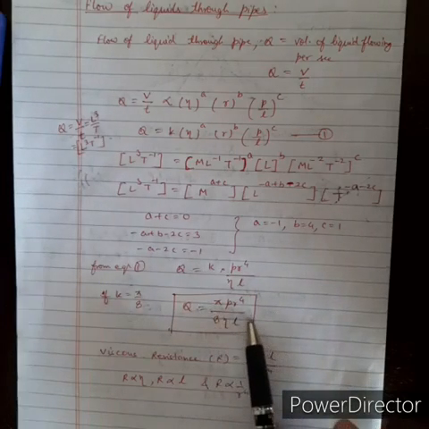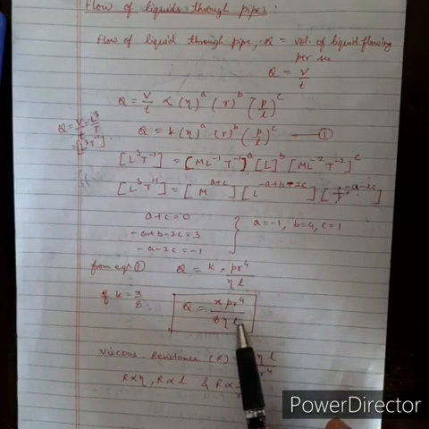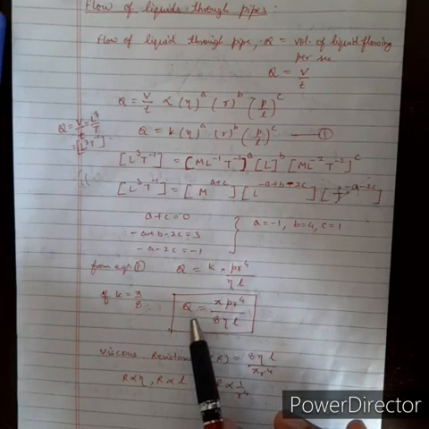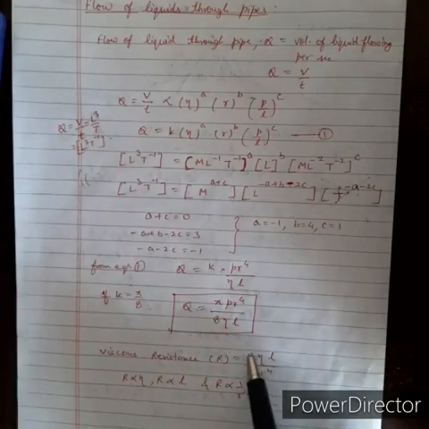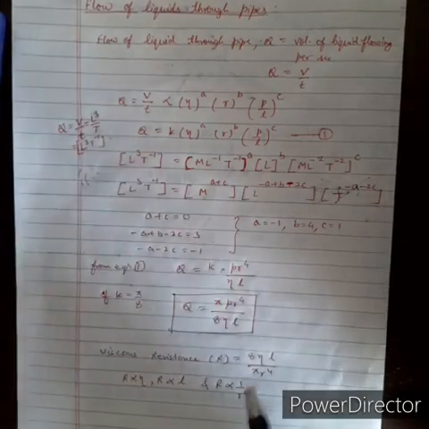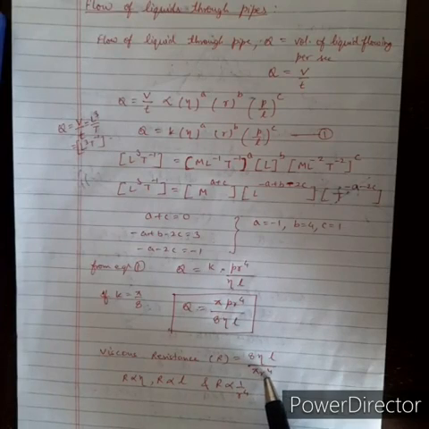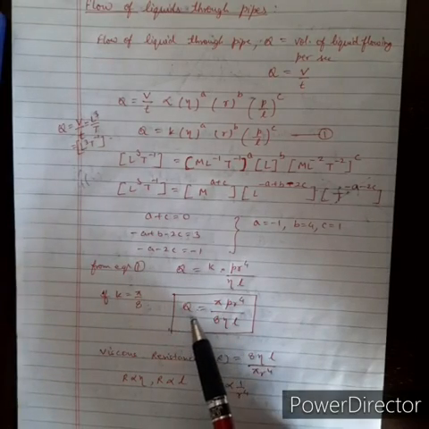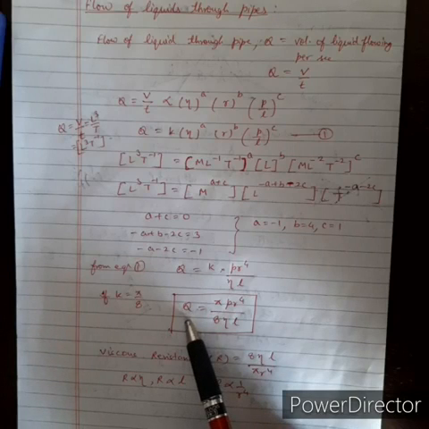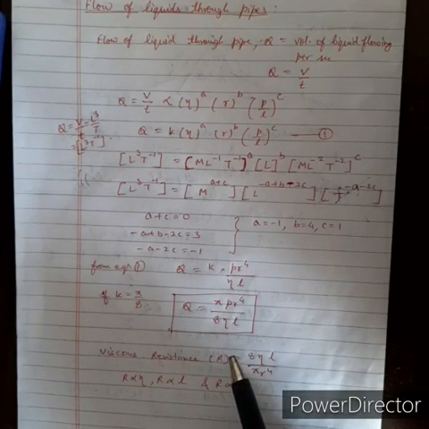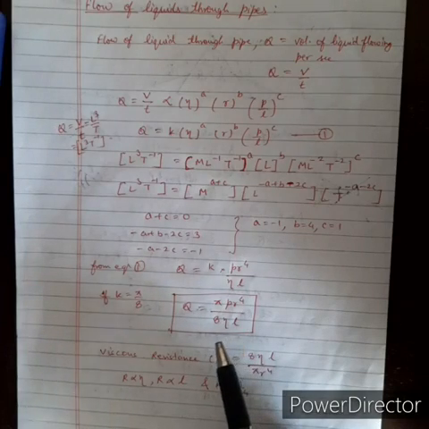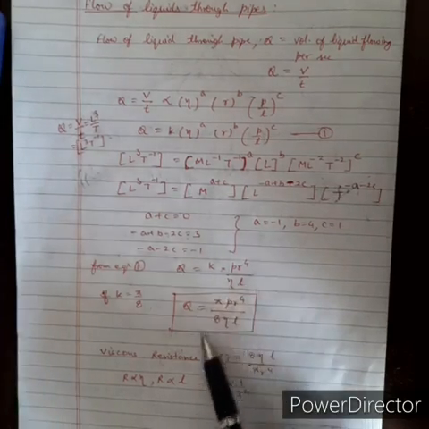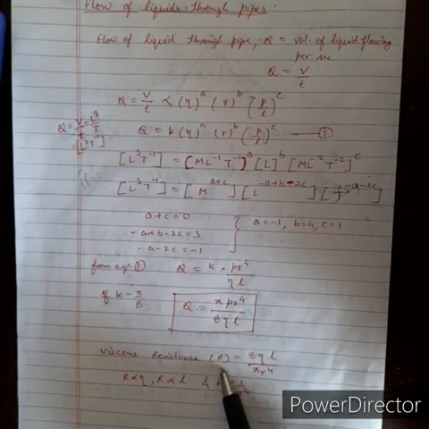As you compare with the electricity formula, I is equal to V by R, where I means the rate of the flow of charge. Here it is the rate of the flow of liquid through the pipe, so both are similar things. That means the resistance is 8 eta L upon pi R to the power 4. We are comparing the rate of the flow of liquid to the rate of the flow of charge in current electricity. This part which comes in the denominator is known as viscous resistance.